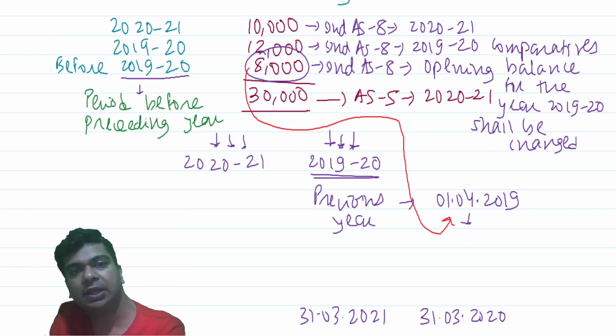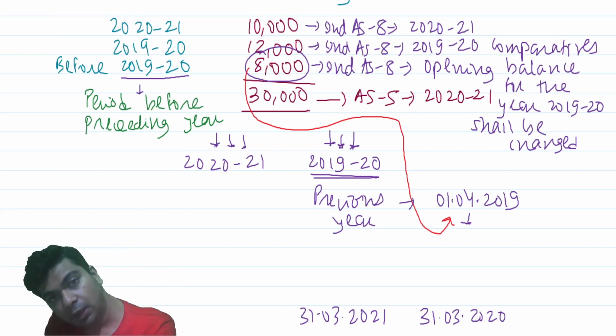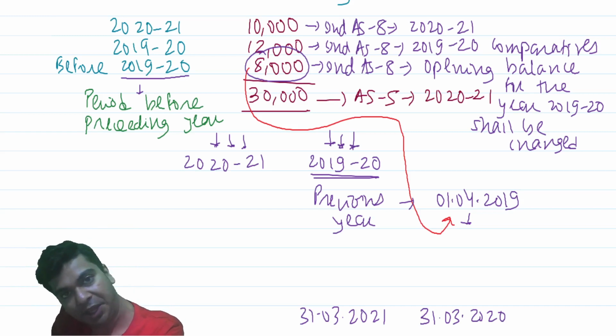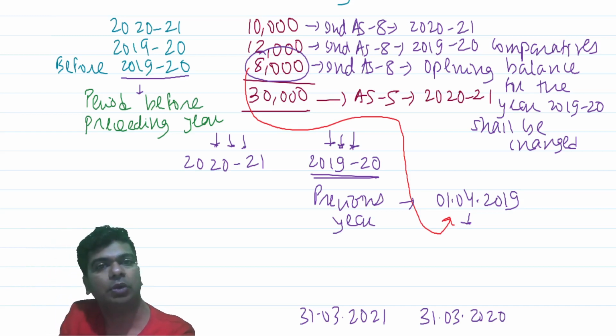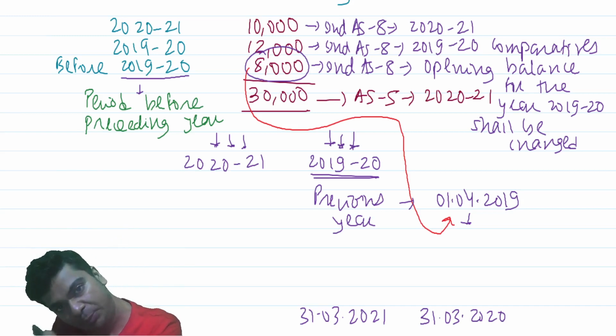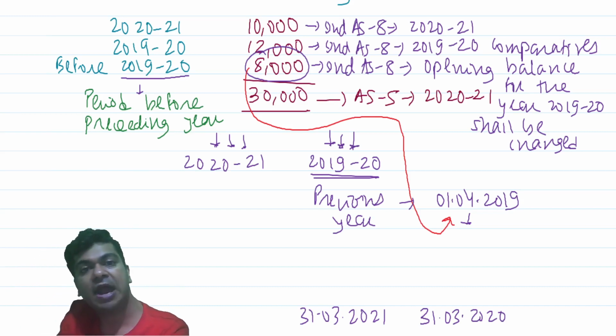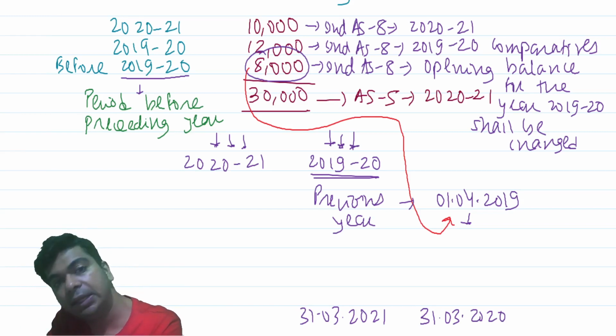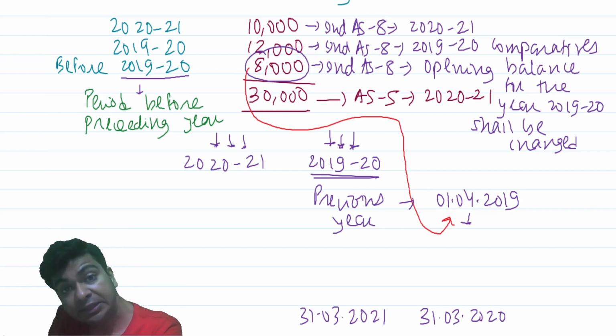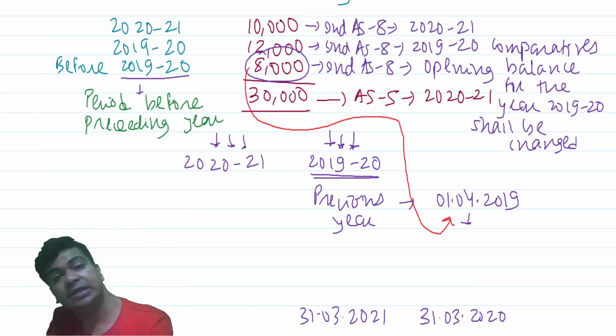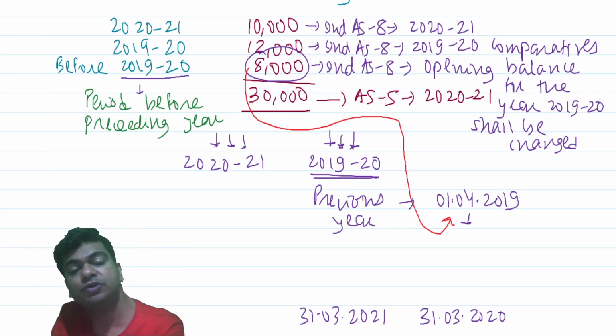And that's the stand taken by Ind AS 8. Ind AS 8 suggests that if giving effect to a change in accounting policy retrospectively is not possible, then give effect from the period it is practicable. That same example, the company has just recently celebrated 150 years of its existence.